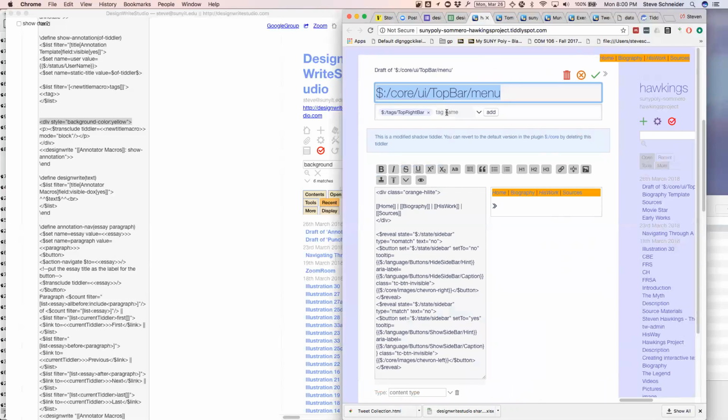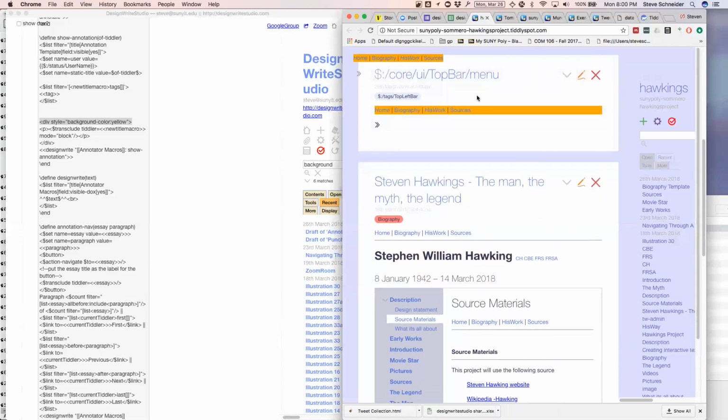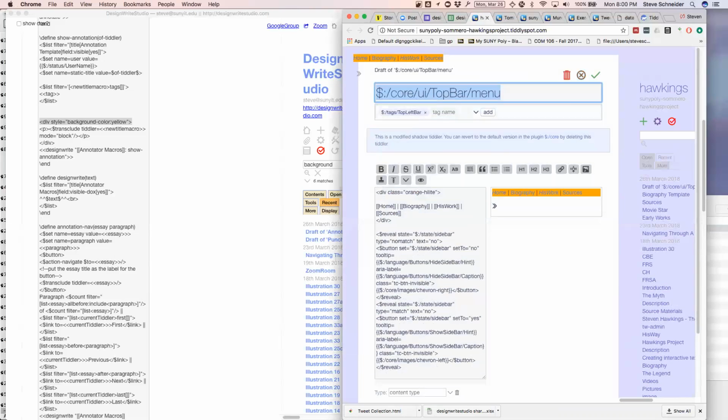You could also, this is tagged to the right bar. If you want this top left bar instead, that'll put it on the left. And if you wanted this to